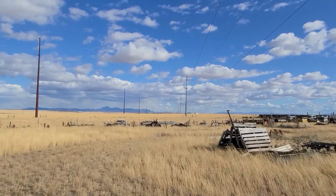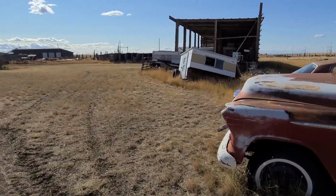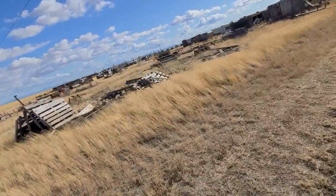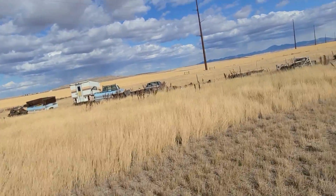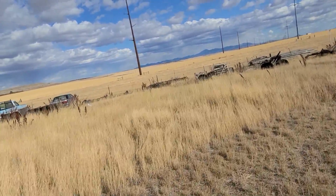Is there anything out there? There's some old farm equipment out there. Yeah, I think we'll go look at that. Let's go look at that next here. This section again is probably going to be 2 or more videos, so we might wrap up in the barn at some point, but